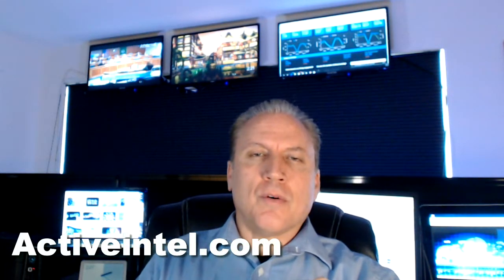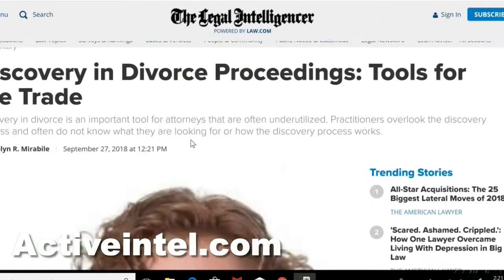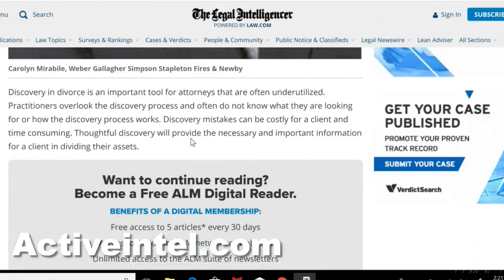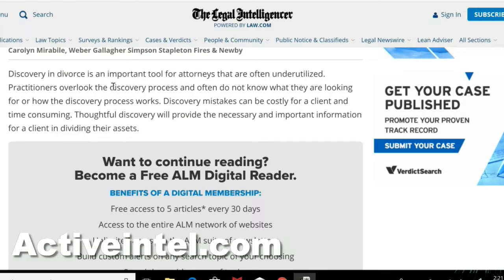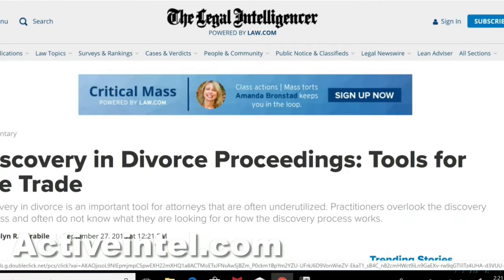And there's a really good article that came out in the Legal Intelligence, or it's part of law.com, about creating a chart of assets. It's a very, very important tool, and this is more for legal resources, where they're talking about discovery, and important tool for attorneys. But if you use the same tools that an attorney might use, and I'll post a link to this article